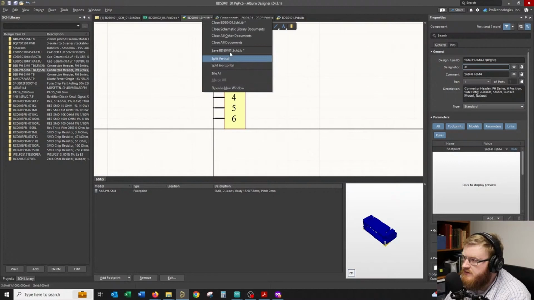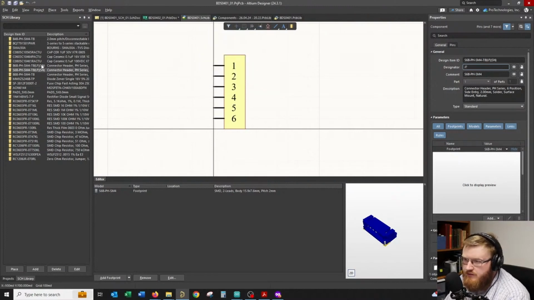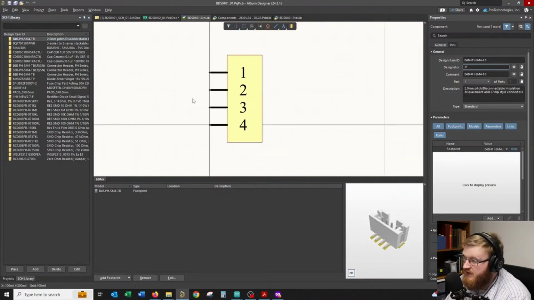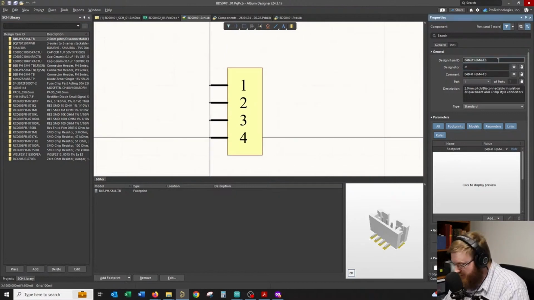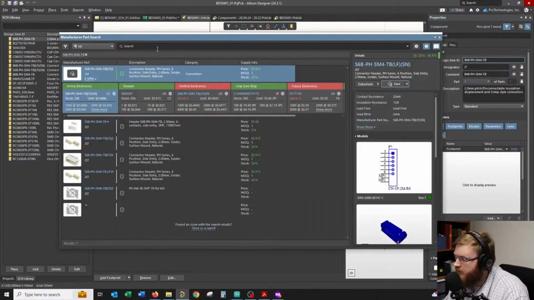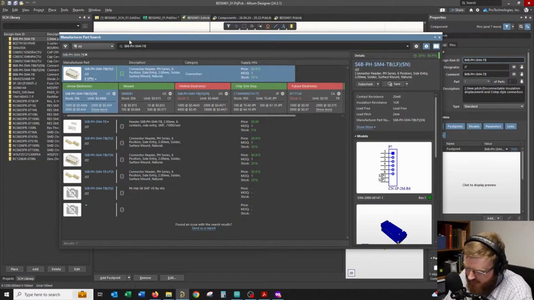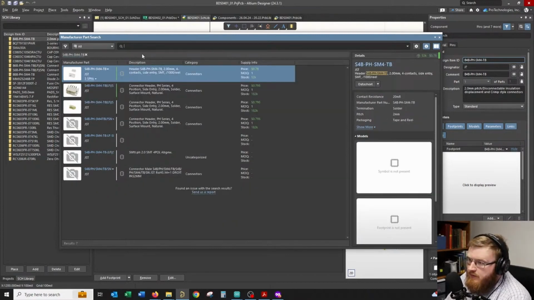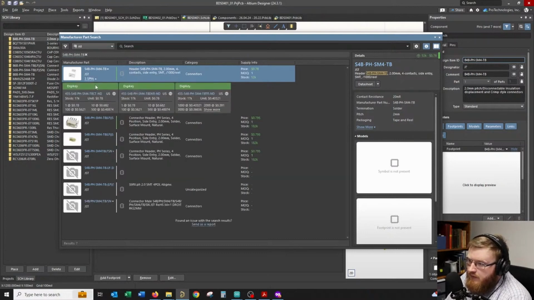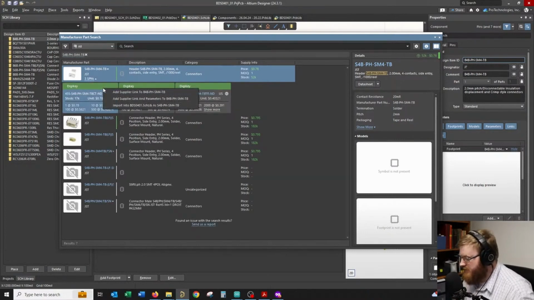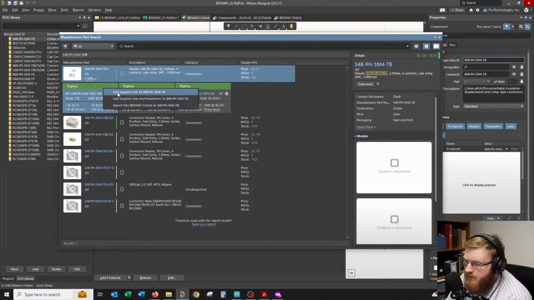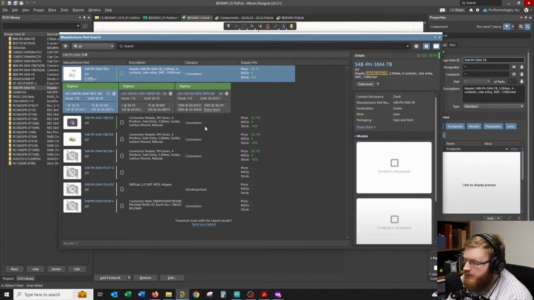so let's finish this up. Let's save that. Then let's do the 4-pin one. I believe this is the last thing I need to do, and then we'll be ready to go. So we'll do this, except we'll change this to an S again. DigiKey. Import, and then